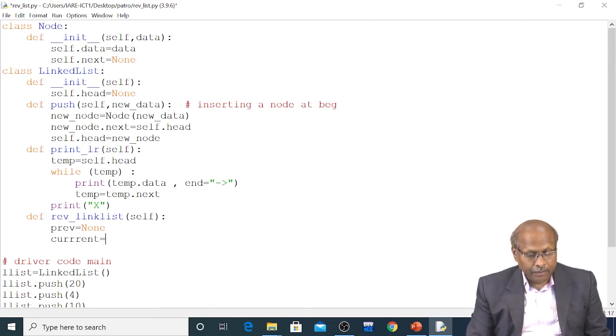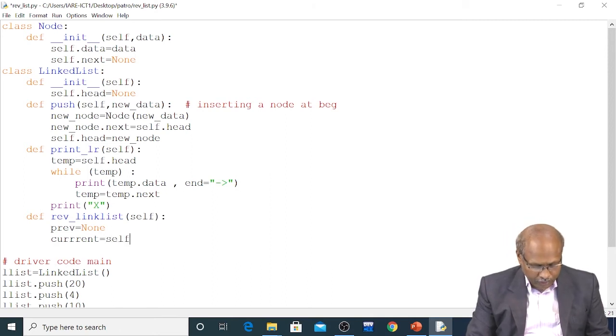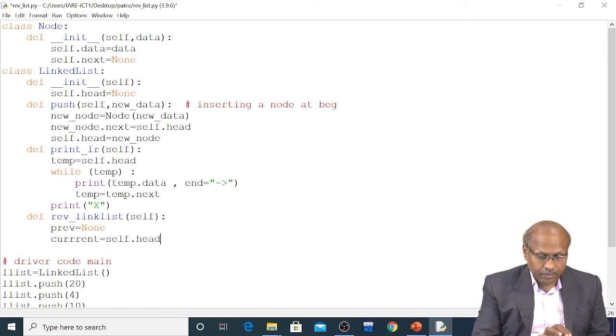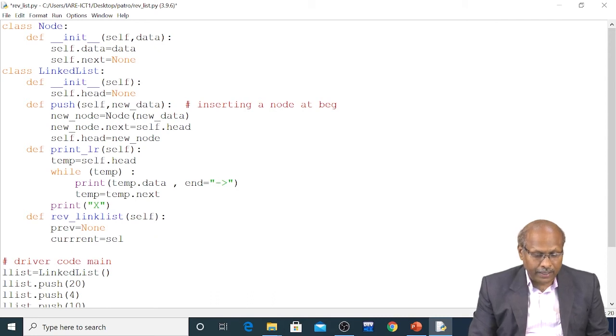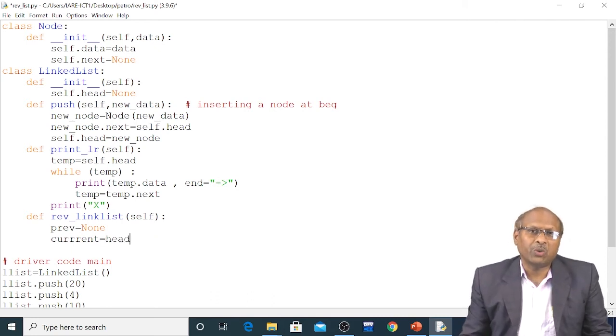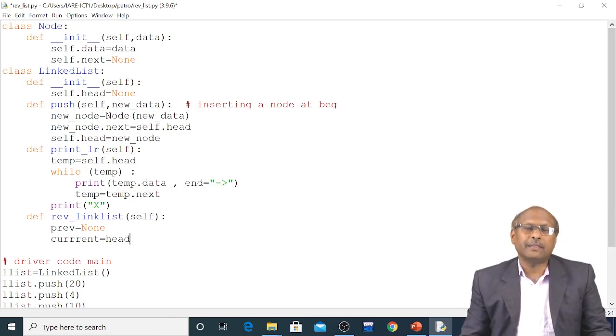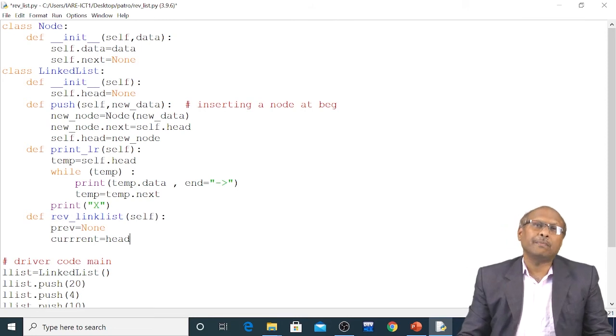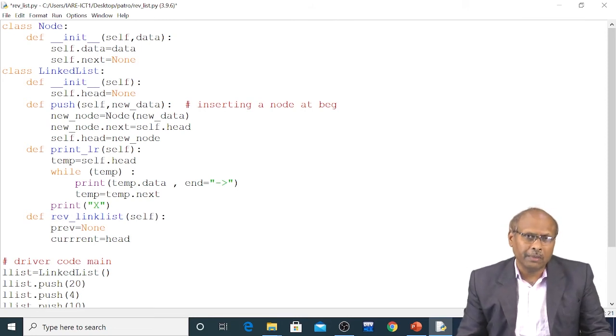Where is the head? Because head is a member of my class, I should write here self dot head. Simply if I write head, it will give an error. It will say I don't know head. But it is a member of the class. Because when I say class, the class may have either attributes or some methods.